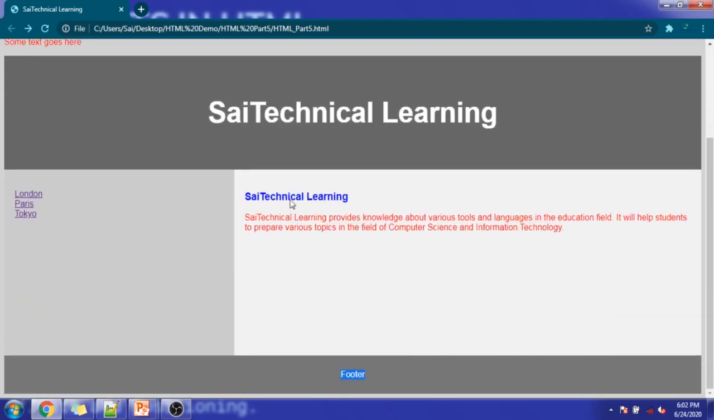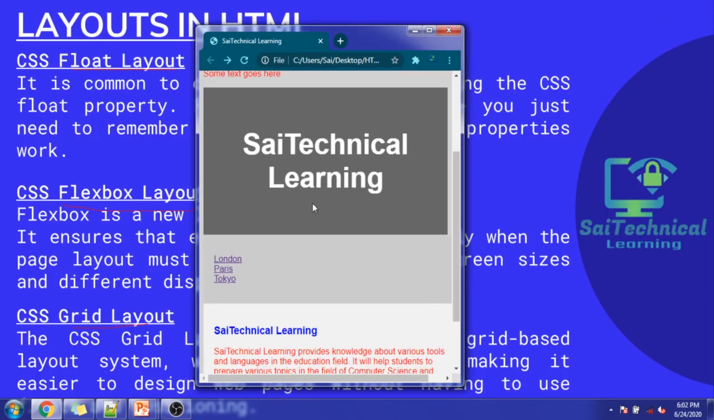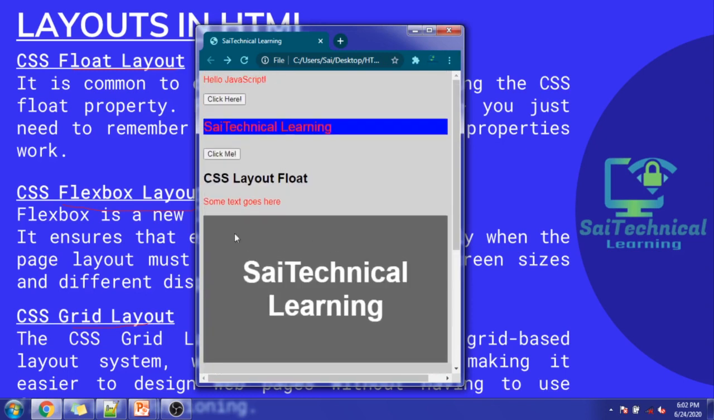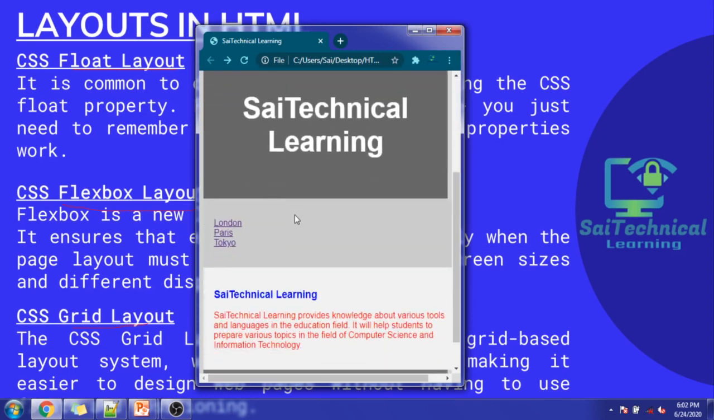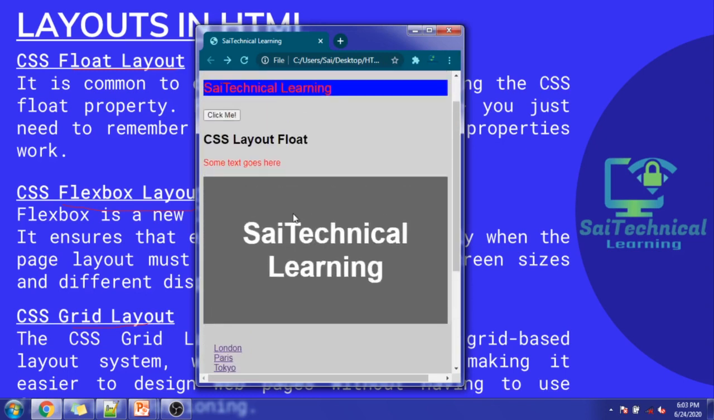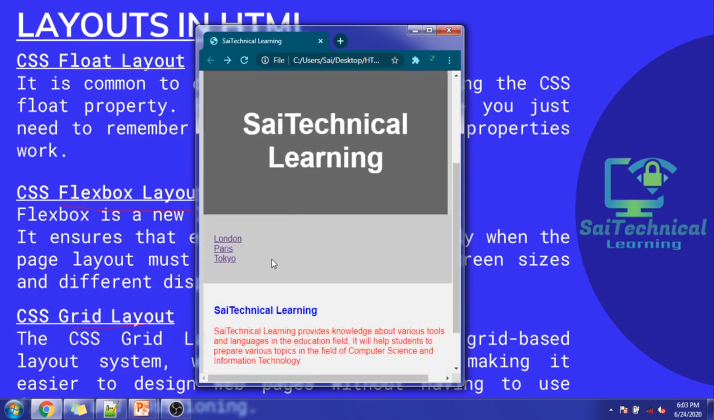Now we have used the responsive design for this particular float layout. That means whenever we minimize the screen, automatically the layout will be changed. For example, if we minimize this, you can see that the arrangement of that particular web page is changed accordingly. So this is also called the responsive design for the particular layout. So this is all about